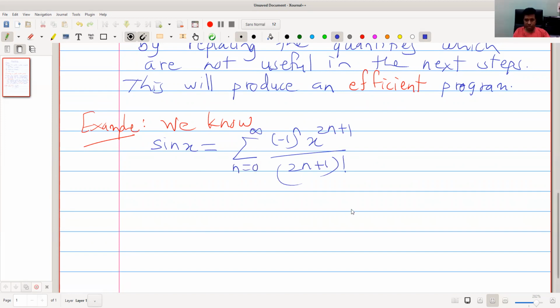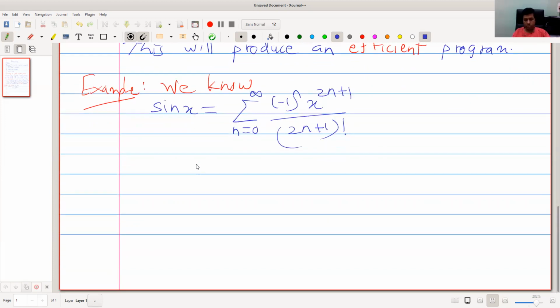This is convergent. If we want an approximate value of sin x, then it is sufficient to take few terms, because the tail end of this series always tends to 0. So for example, we may take 100 terms, for smaller values of x.